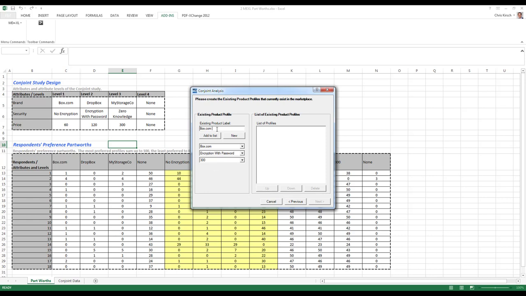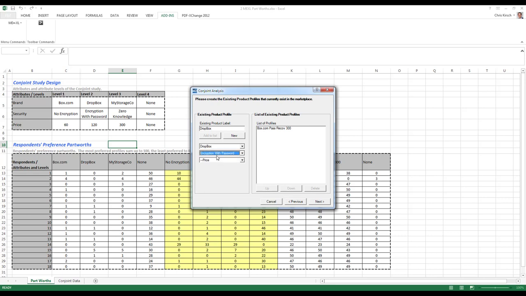So this is box.com pass recovery 300, and we'll add that to the list, and we'll do Dropbox,